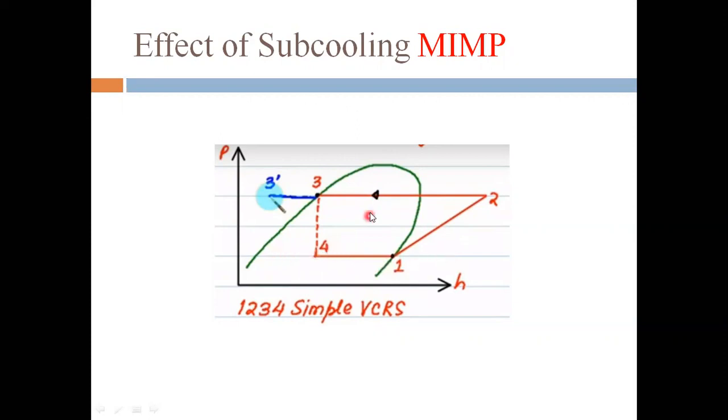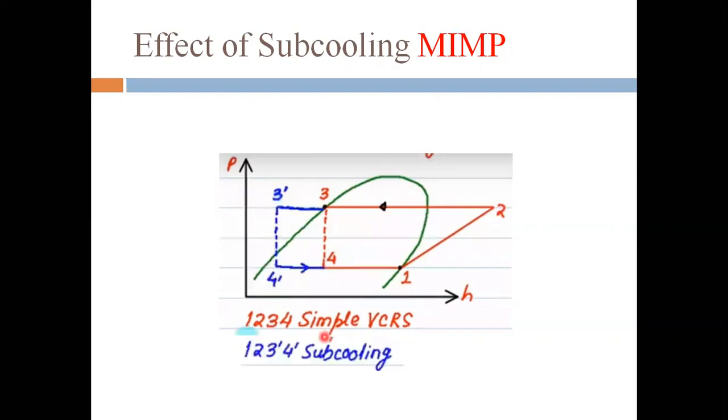So this line and this line remain the same. We are just doing the subcooling by having an extra amount of water or by lowering the temperature of the same water which is used for the condensation process. So point 3 will be shifted to the left side, that is 3 dash. After that, we carry out the expansion process. So 3 dash to 4 dash is the same expansion process, and then there will be the evaporation, that is 4 dash to 1, the refrigerating effect or evaporation process.